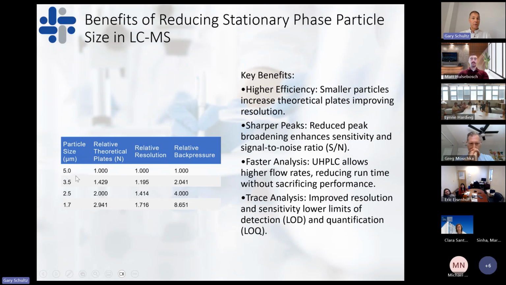So historically, particles were typically in the 5-micron size. By going now to these smaller particles, we can increase the separation efficiency by about a factor of 3. What that means is that you can achieve the same separation in one-third the time that it traditionally took. The challenge there is that you require about a 9-fold improvement in pressure performance, and that's what the latest technology has achieved over the past 10 years.